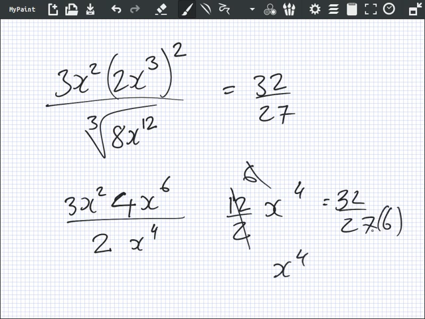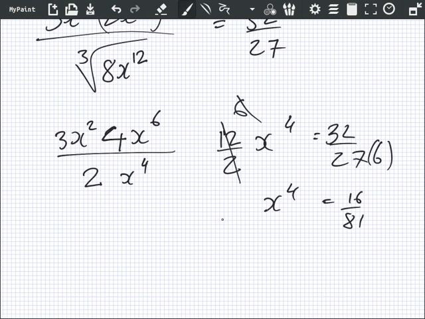Let's see, can I simplify this? Does 6 go into 32? No, it doesn't, but 3 does. Is this simplifying, Mo? 16 over 81. Good. Okay, so to finish, x will be 16 over 81 to the power of a quarter, which is plus or minus